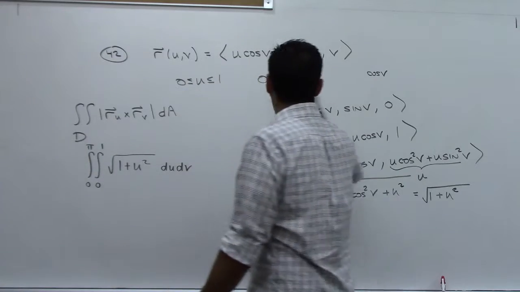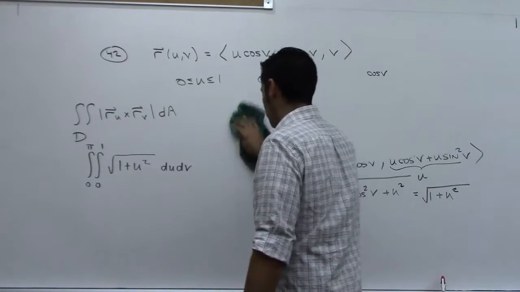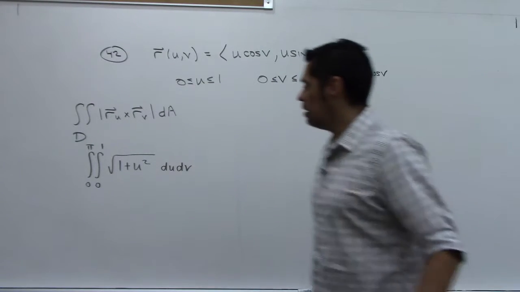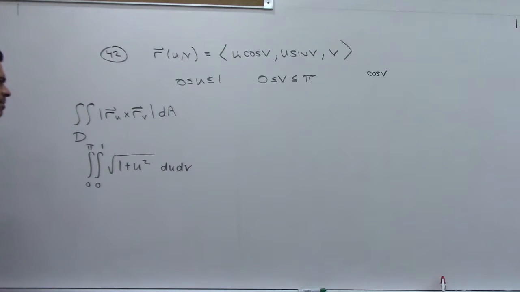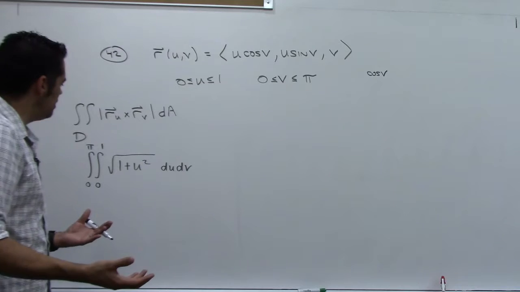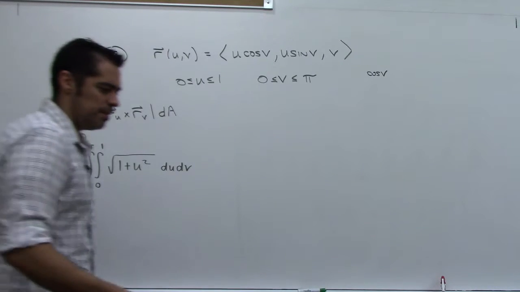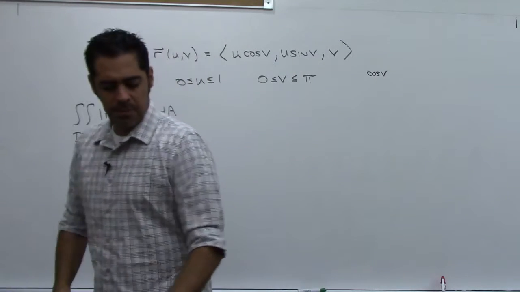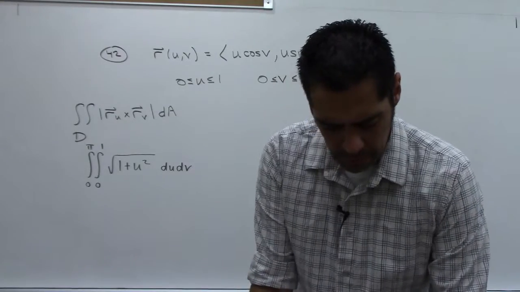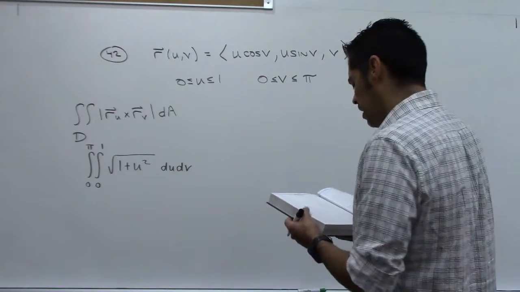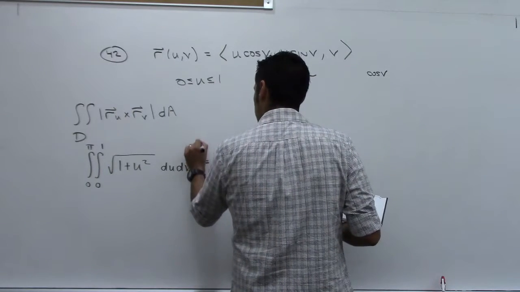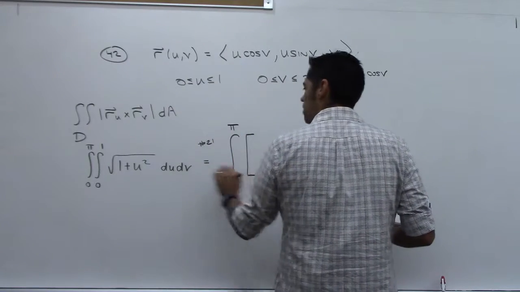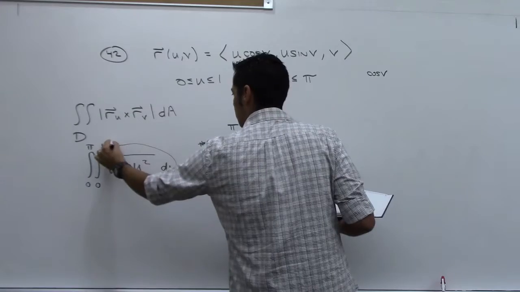All right, so at this point we need to do this integral, and we have some options. One option is to take a look at it and go, well, I remember from Cal 2, whenever I saw something like this, I would do this trig substitution and go through this whole process. But then you could also say, there's some formulas in the back of the book for integrals, and specifically formula number 21 on reference page 6. So by formula number 21, the outer integral stays. The antiderivative of this with respect to u,